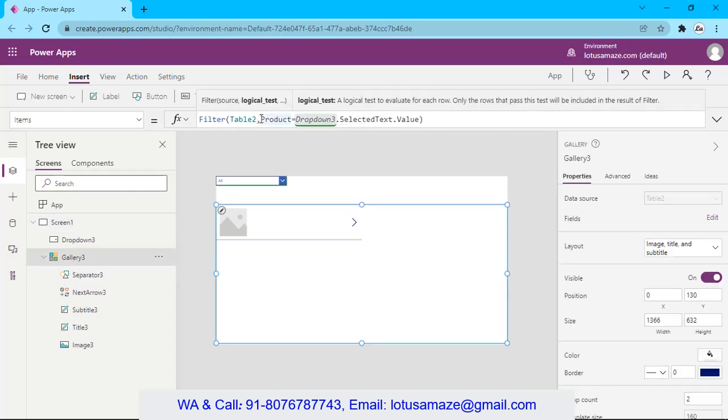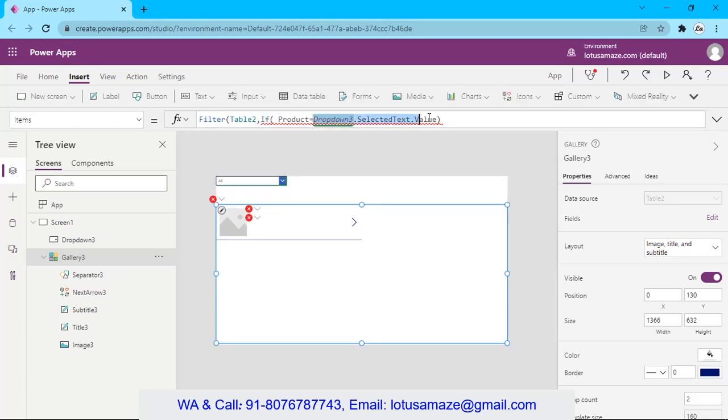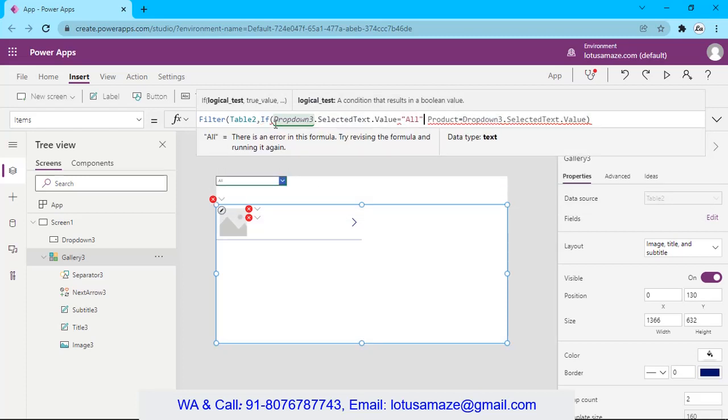So we have to apply an if condition. If drop down selected value equal to say all. So if condition takes three parameters, first of all, that is the expression, it will generate a boolean value.